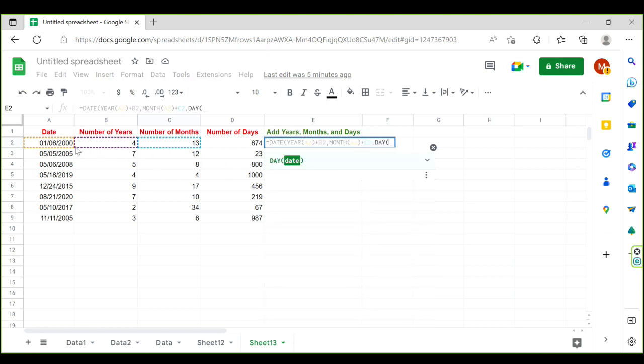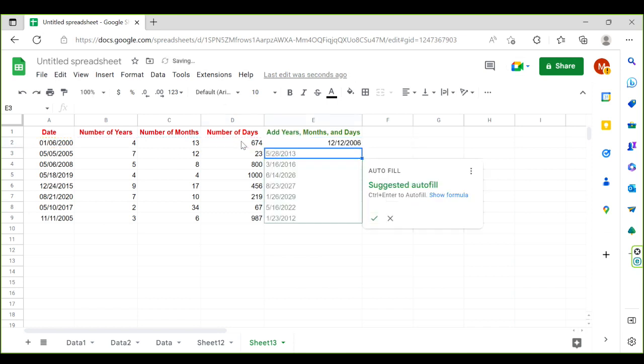For the date, select cell A2, close the bracket, plus select cell D2, which is the number of days you want to add to the date. The day function returns the day of the month that a specific date falls on in numeric format. Close the bracket, press enter,